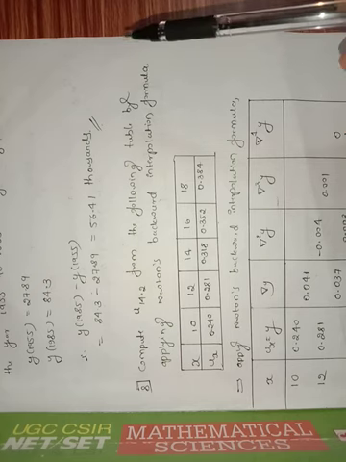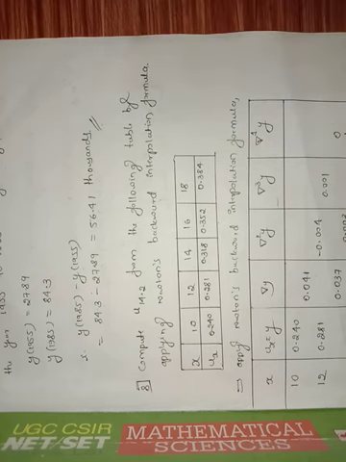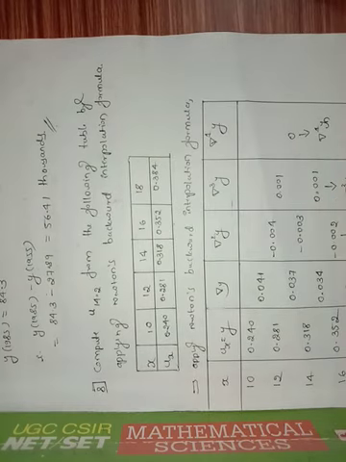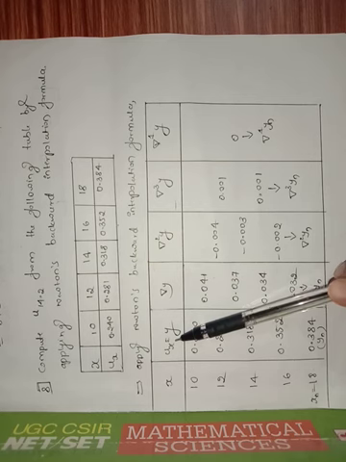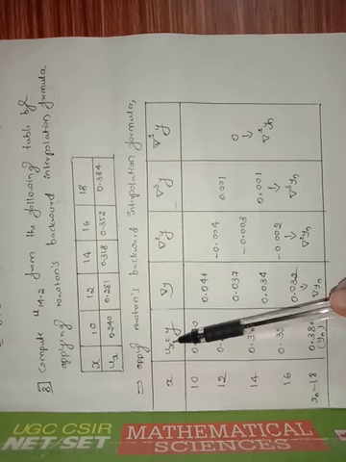If they do not mention it in the statement of the problem, then we have to analyze whether the x entry is near to the first half of the table or near to the next half of the table. We have to analyze that. But in this problem, they mentioned clearly the Newton backward interpolation formula. Therefore, construct the table here: x, and y is nothing but ux only. Don't confuse here, y is nothing but ux.